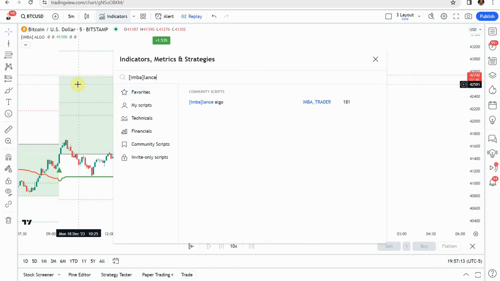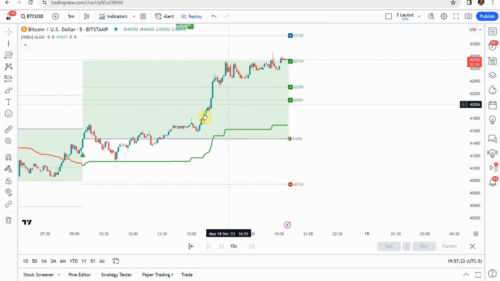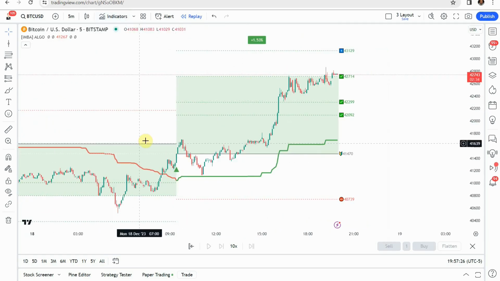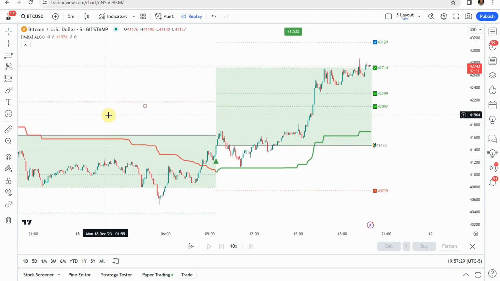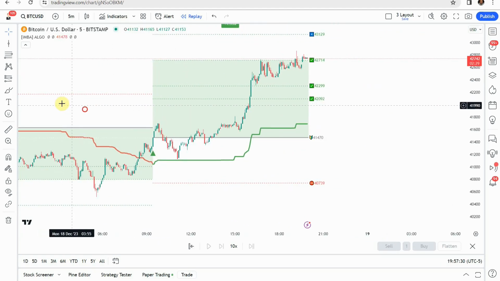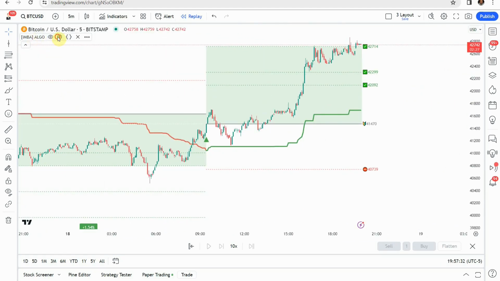So the indicator's name is the imbalance algo, spelled a little bit strange, and so you can see the spelling of it right here. So you go ahead and type that into the indicators, and you'll select this one right here. It will bring up the indicator. It looks very similar to this here. We did go in and make a few changes according to the source video,